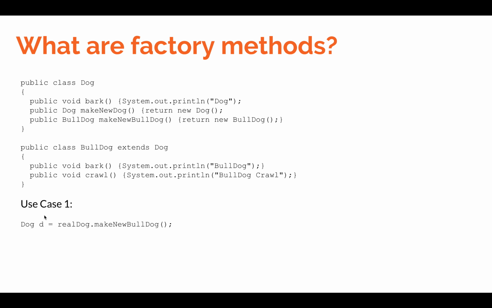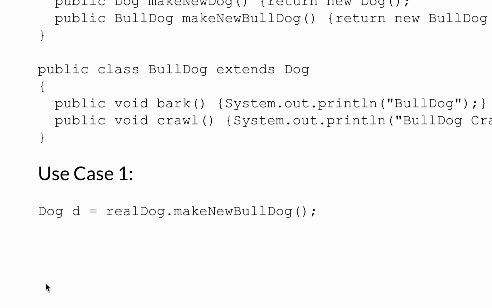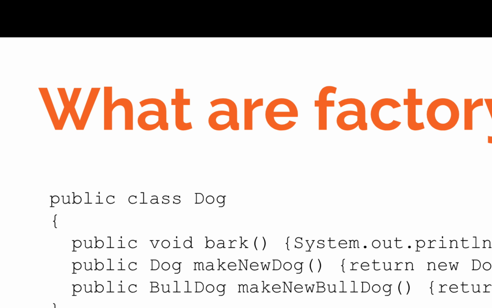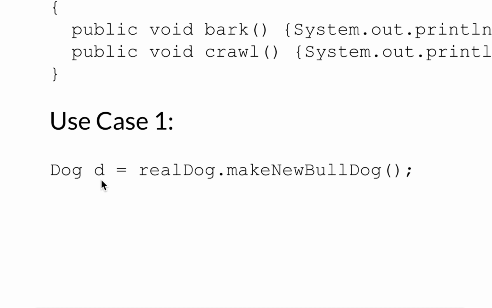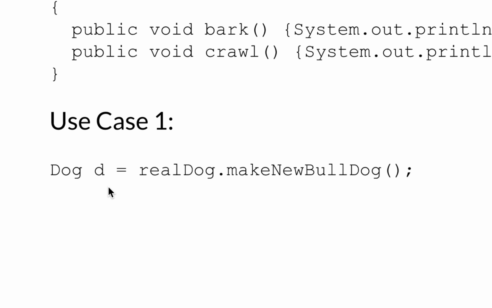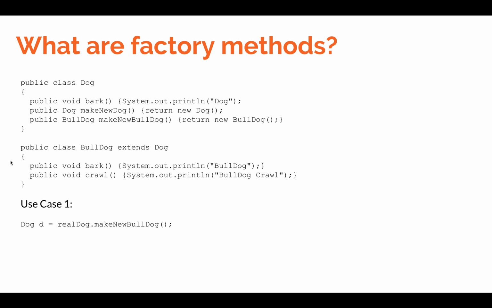So there are two use cases for factory methods, and I'm going to show you both. Use case 1 is something like this. Dog d is equal to realDog.makeNewBulldog. What is the static type of this variable d, and what is the dynamic type of this variable d? Okay, static type Dog and dynamic type